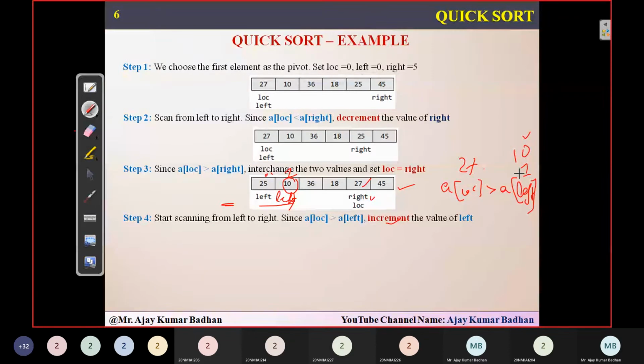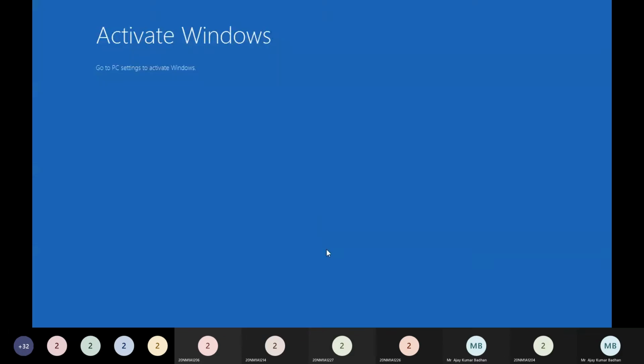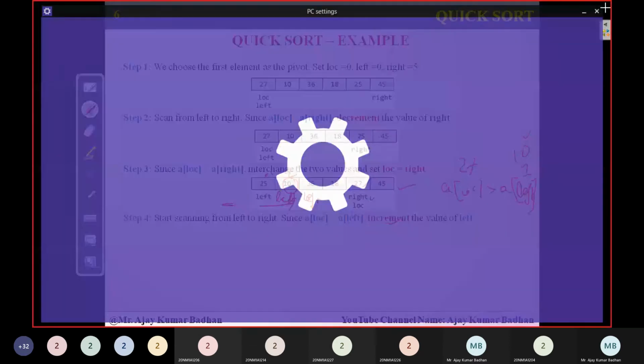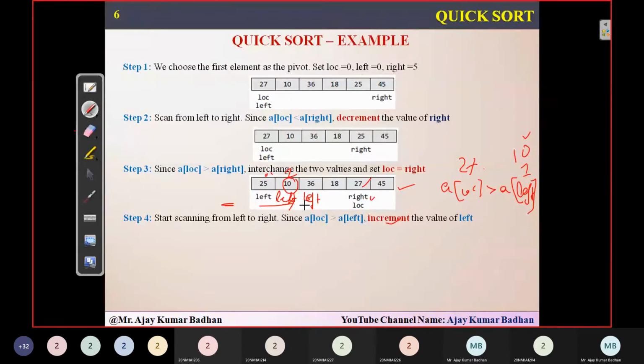But I think this time there will be a small difference here. You can see there will be a small difference. What is the difference? This time when you check the condition, the logic is going to fail. Let me show you the graphical part first. Yeah, you can see here.